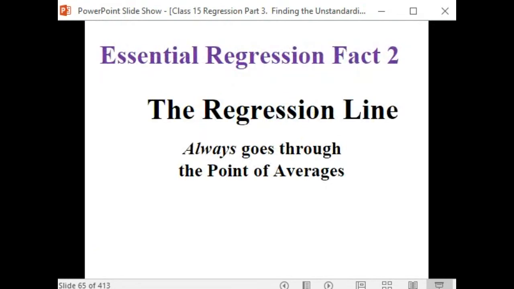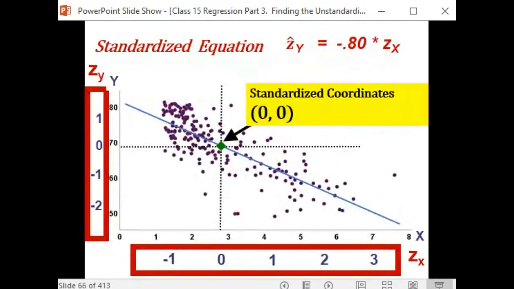Now at the last lecture, we also learned a second essential regression fact, and that's that the regression line always goes through the point of averages. So this means that the point 0, 0 is always,